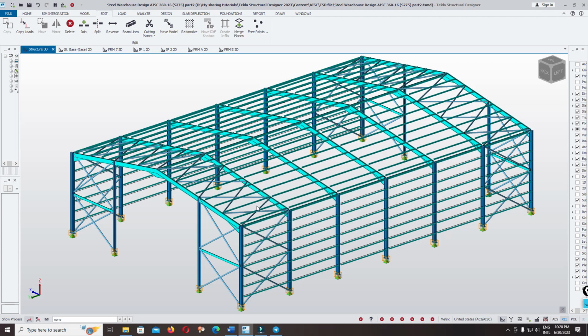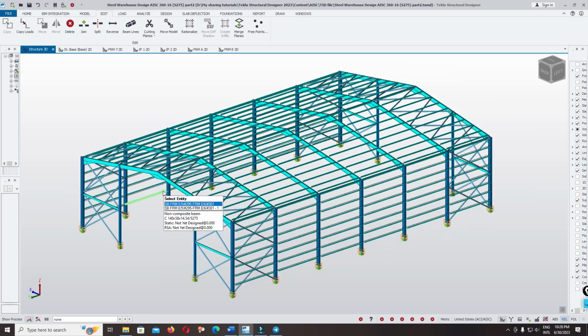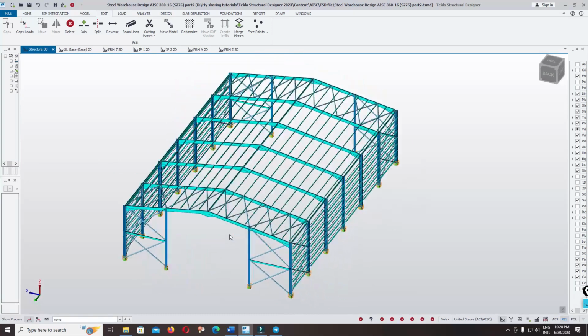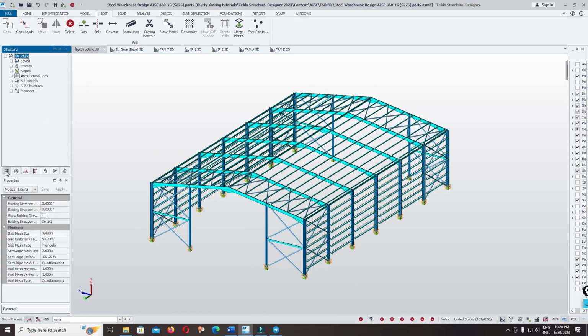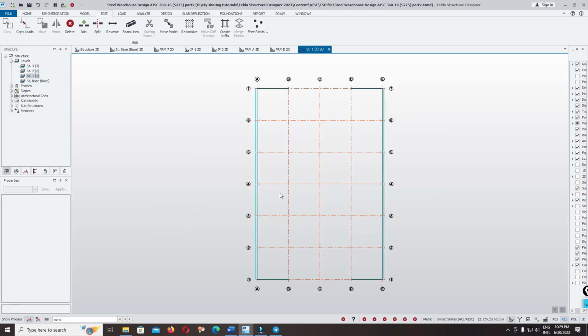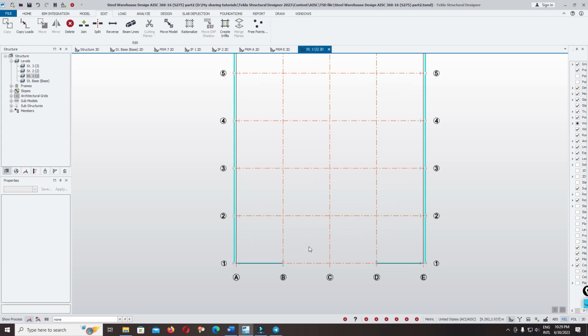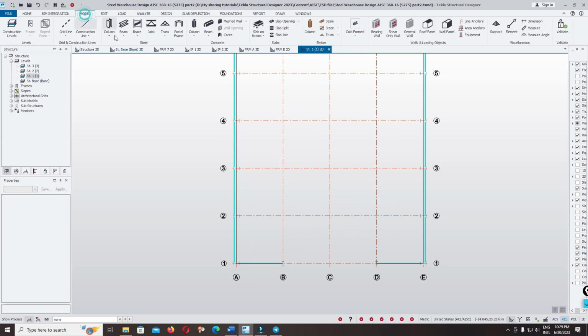Hello everyone, now continue to the next step to model the mezzanine floor. Click on the structure, click on the levels, and we model the mezzanine floor on the structural wall 1-1. Models, column,